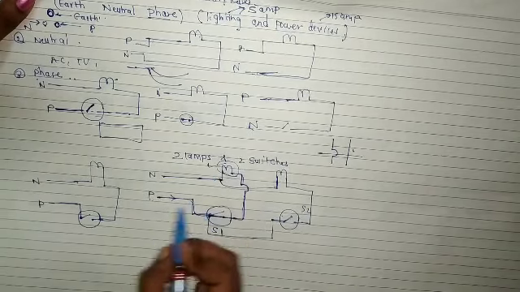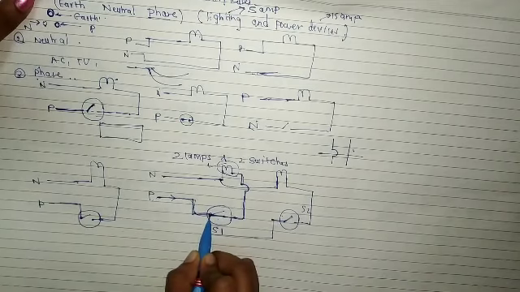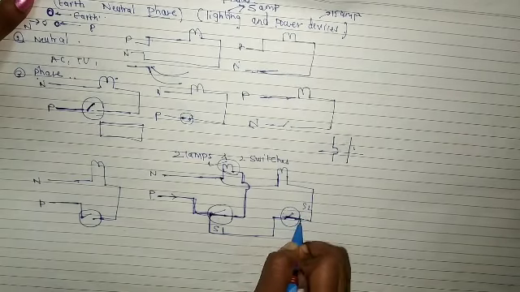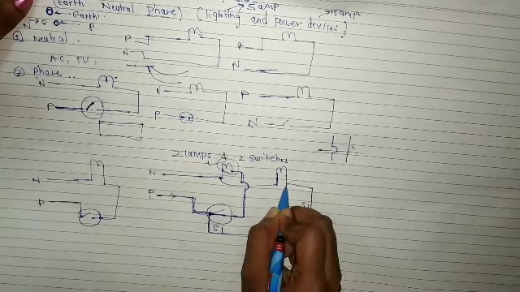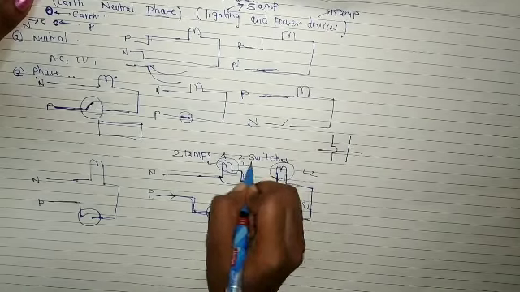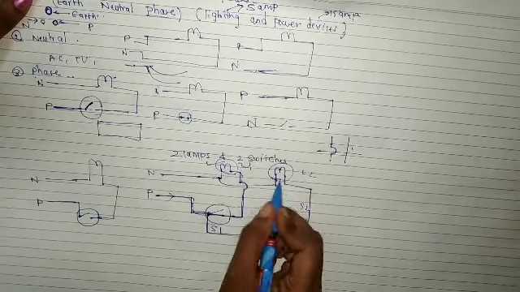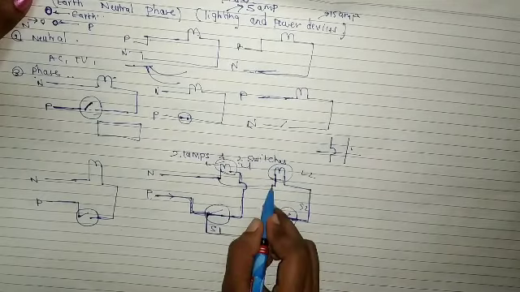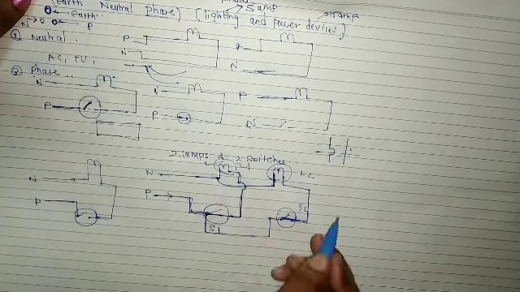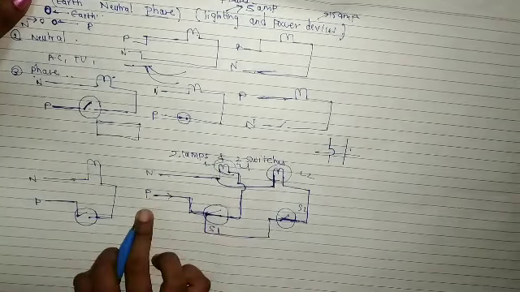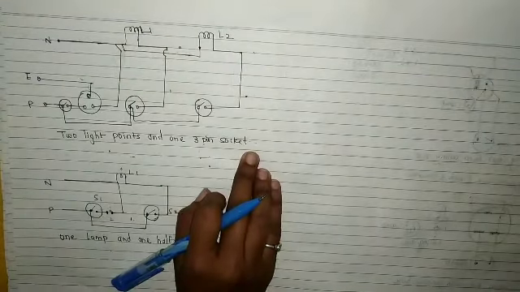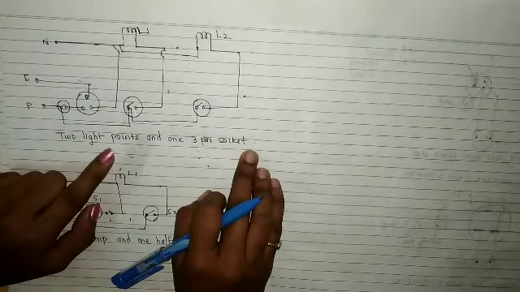Now for this second switch, the phase is coming from here, then it is going to this switch S2. When this is closed, then this will come here, and it will go to this bulb, that is bulb L2, and this is L1. So for this lamp, we saw the phase is coming from here, and similarly the neutral will come from here. So this bulb is also getting neutral and phase, so this bulb will also glow. Now, 2 light points and a 3 pin socket.